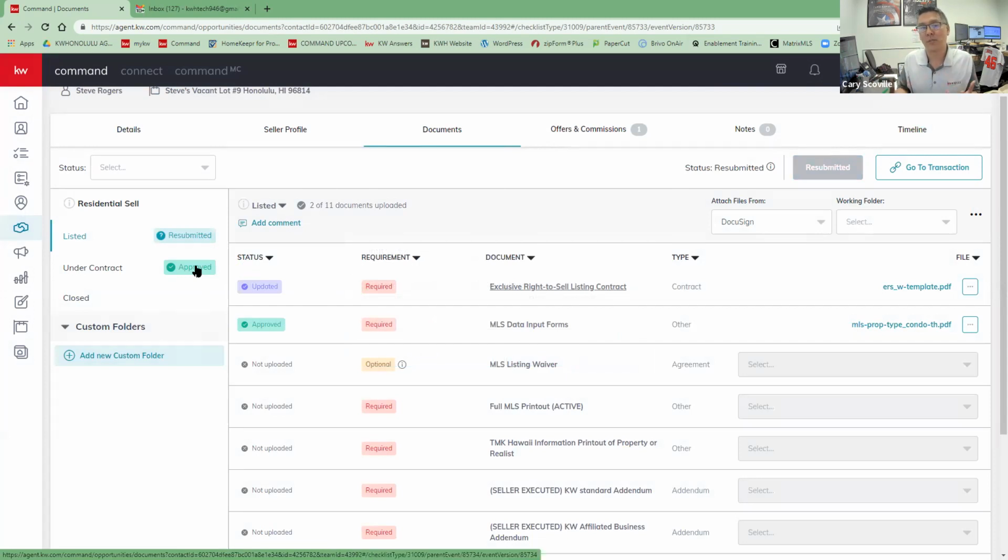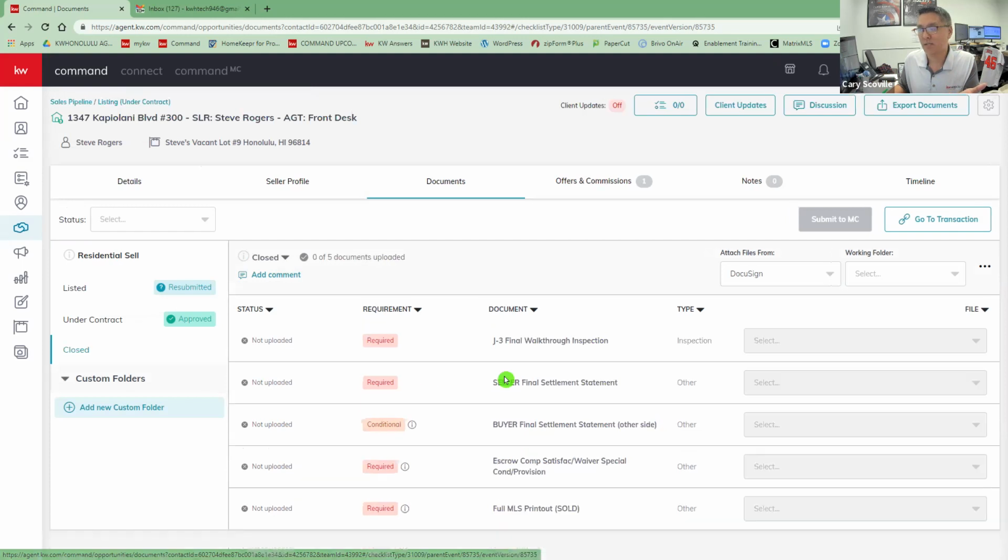So what we're hoping you catch is that as an agent or a TC, once the termite report comes in, it's lending. There's really nothing else going on. That's your time to submit all your files for compliance and get it checked. Get time for corrections. And then what everybody's asking, oh, but then there's still the final settlement and there's still the MLS sold. You know what? Like to Latasha's point earlier, now you see the visual.